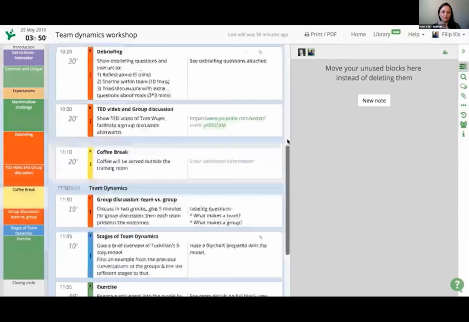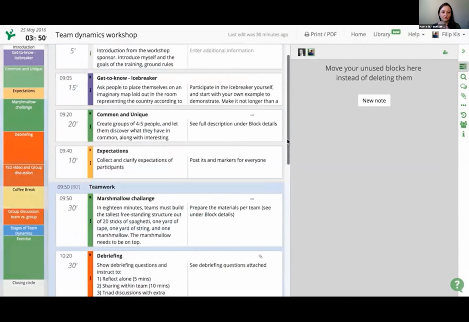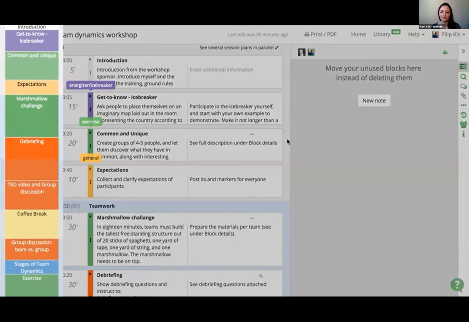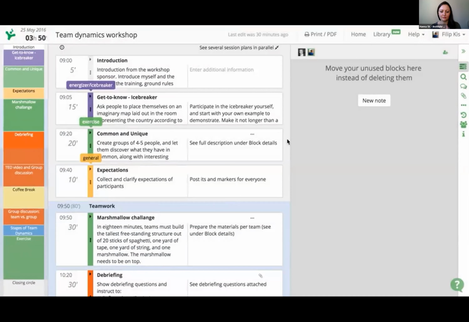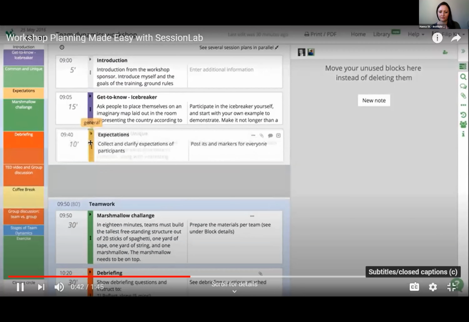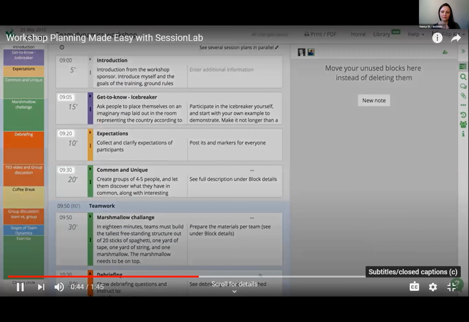Welcome to the Planner tool, where you can see your facilitation plan. Each block is one module of your workshop, and color-coded categories help you to get a quick overview of the interaction and style of your session. Easily rearrange your session plan. Just drag and drop your modules and your timing stays correct.